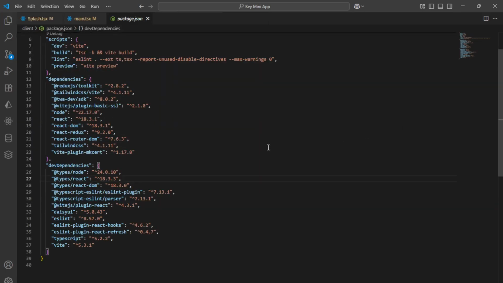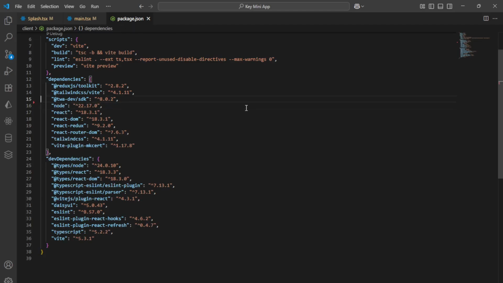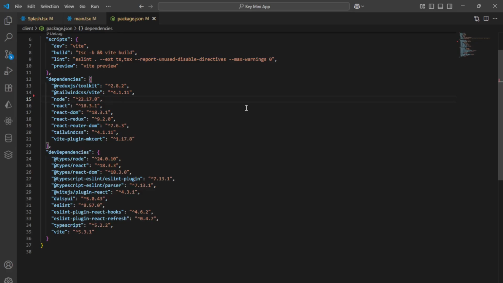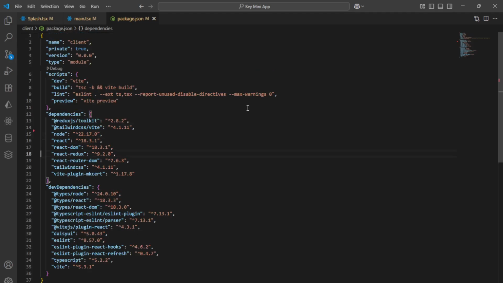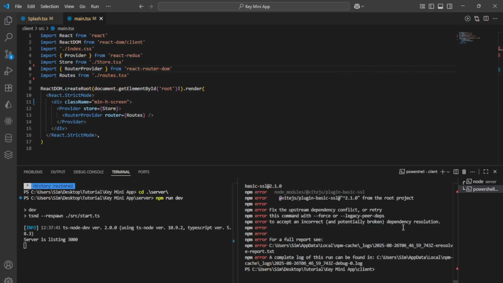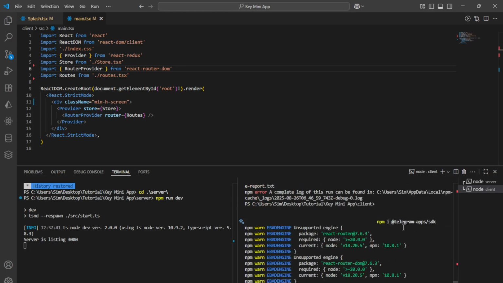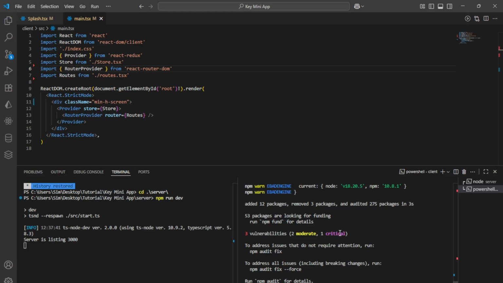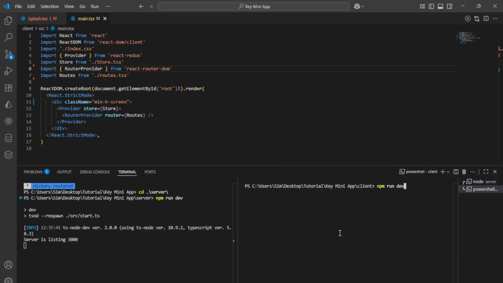So I just go here, and you can see Vite basic SSL that I don't need currently. TWA dev, I also don't need that. Then there is node SDK, redux, and all other things are important. Okay, so now here I change the name, which is currently client. I change the name to key. Okay, so now I restart that. Okay, that is not restart, that is installing the packages. So now that is successfully installed everything, and if I just clear and then run npm run dev, okay,